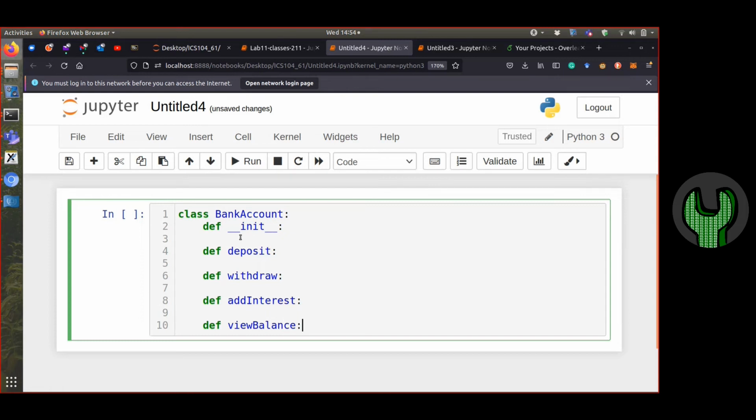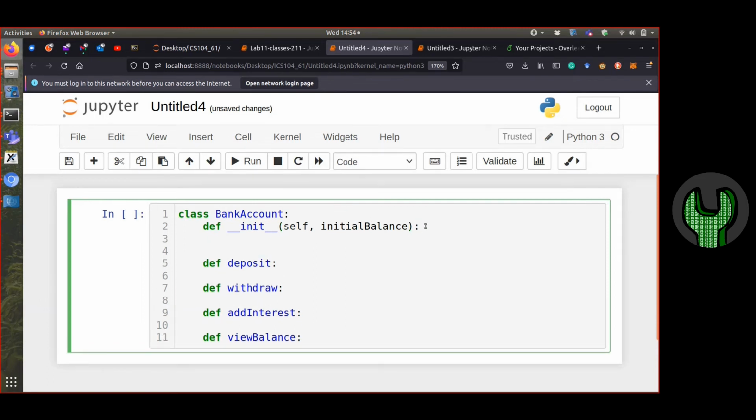Now, let's start with, like you said, the constructor. Yeah. So the constructor will collect input from the user. We know that whether constructor likes it or not, it must have self. Okay, then we collect the initial balance from the user. The initial balance is the money you put first in your account. Okay, so the initial balance, and then we can say self dot